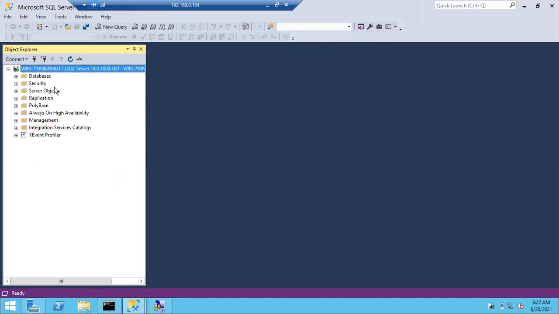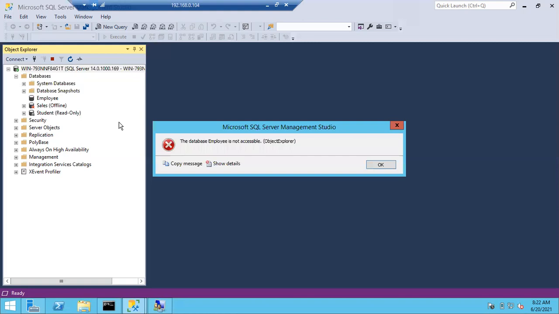But if you see, Sean cannot expand any databases. Why? Because Sean is not an authorized person to access the resources. Just a login is created for Sean. That means he can connect to the SQL Server, but he can't access any of the resources.